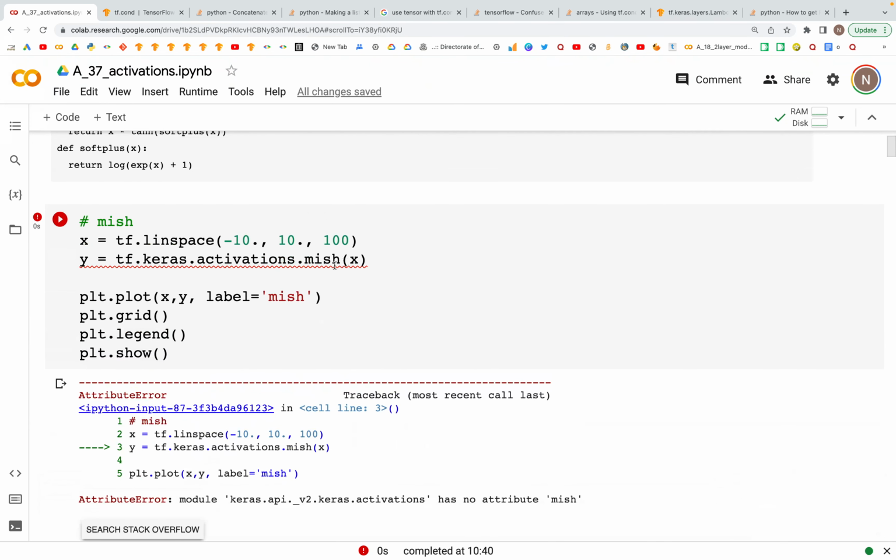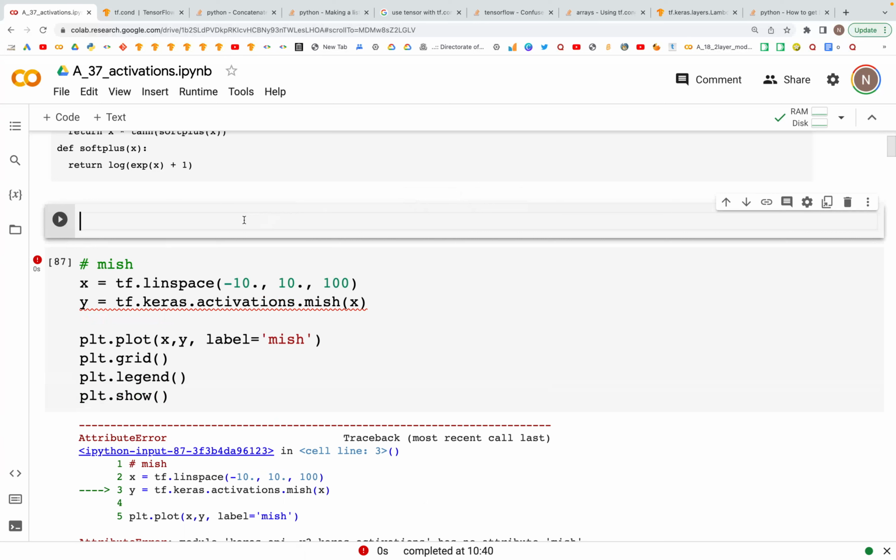So let's see what the problem is. The keras activations has no attribute mish. Aha, right. The reason for this error is that according to the docs, we need to install the tf-nightly. So for that, we would type exclamation mark pip install tf-nightly,